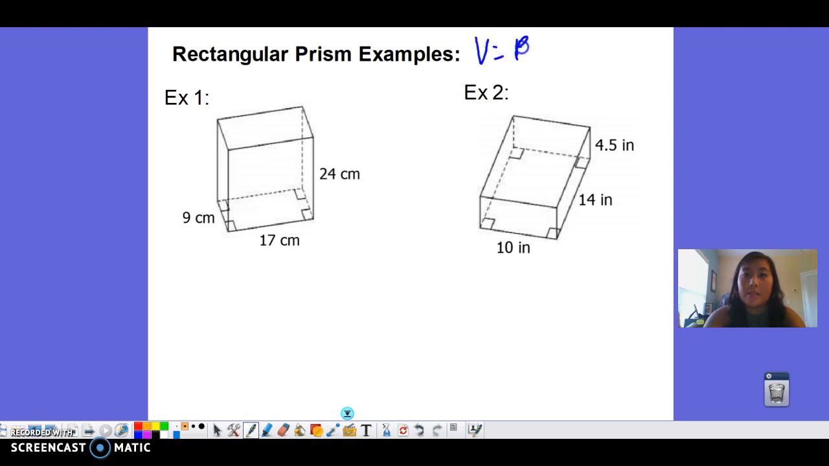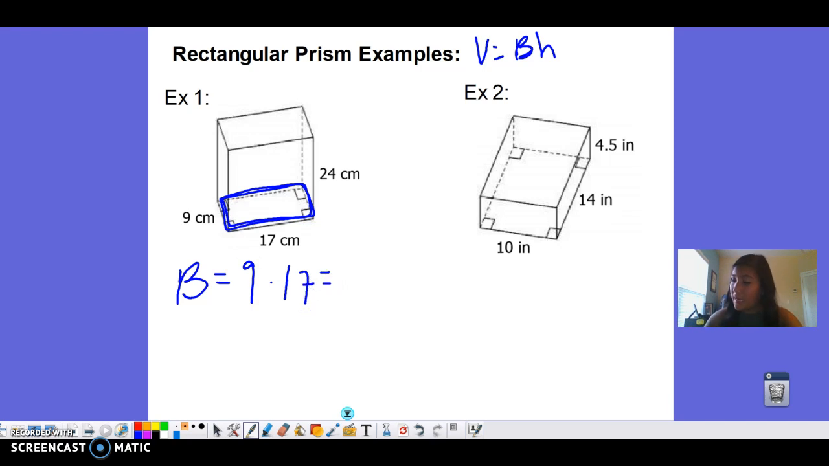So volume is big B times little h. The big B stands for the area of our base. What I am considering our base in this example 1 is going to be this piece right here. I'm going to find the area of that base. To find the area, it's length times width, or base times height. So we have 9 times 17, and 9 times 17 is going to give us 153